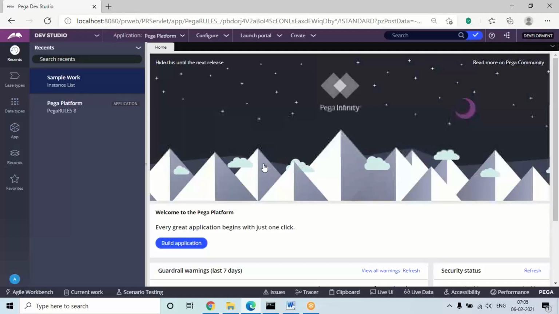Once we log into the platform, this entire thing is a portal. We can call it the Pega platform, the PRPC platform. We can also call it the developer studio, the developer portal, and we can also call it Pega Infinity. If I use any of these terms, all are the same. In this platform, everything is integrated, everything is inbuilt. We are going to use it as a developer. This is the platform which we are going to use to design and deploy applications.